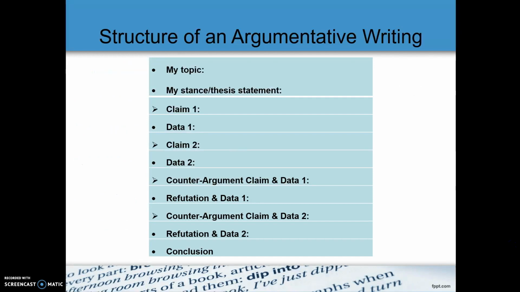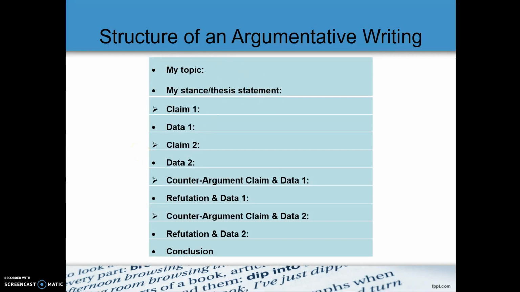So, briefly, here is the structure of an argumentative writing. Okay, now let me tell you that argumentative writing can have 5 or 6 paragraphs. It depends on how many claims and how many counter arguments or counter claims you have actually written. So we'll start with the introduction. You'll have your topic and you have your stand or position here with your thesis statement stating whether you strongly disagree or agree, followed by